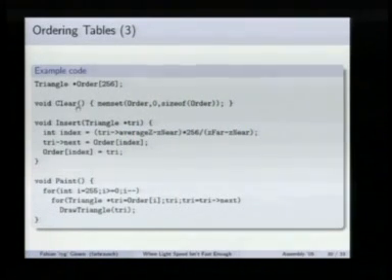If you want to insert a triangle, you just scale that to your Z range and make sure it's in the range 0 to 255, and then do a linked list insertion at that point in the ordering table. And that's all there is to it. And if you want to paint, similarly, you just go through the ordering table in reverse and draw all triangles